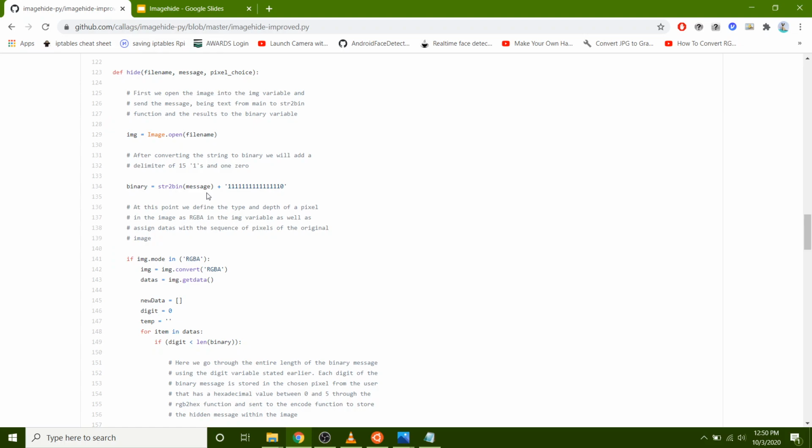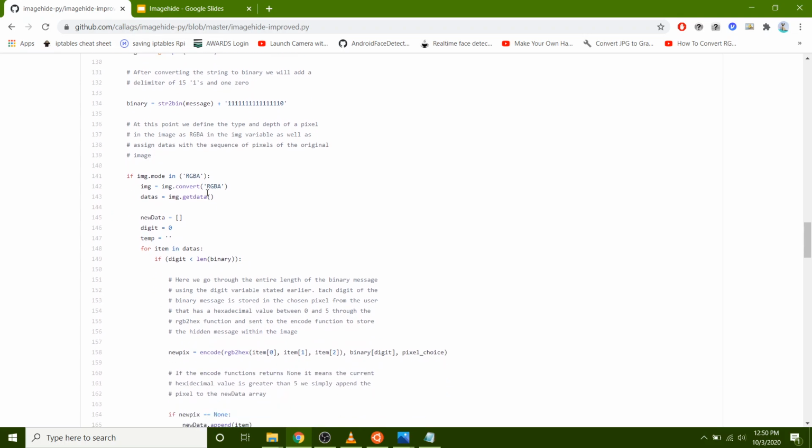So once that's done, we test to see if the image mode is in RGBA format, and if it is, we then convert said image to RGBA just for good measure, and then right below it,